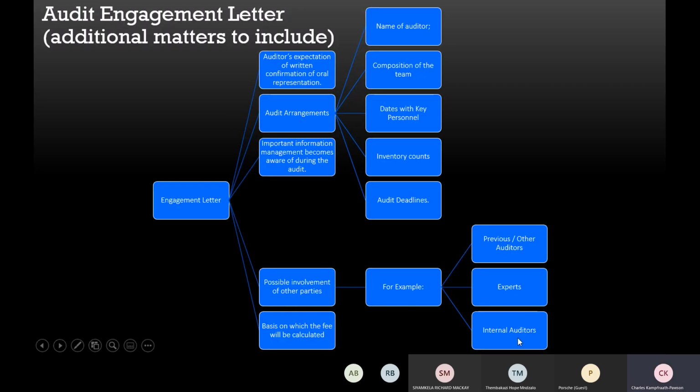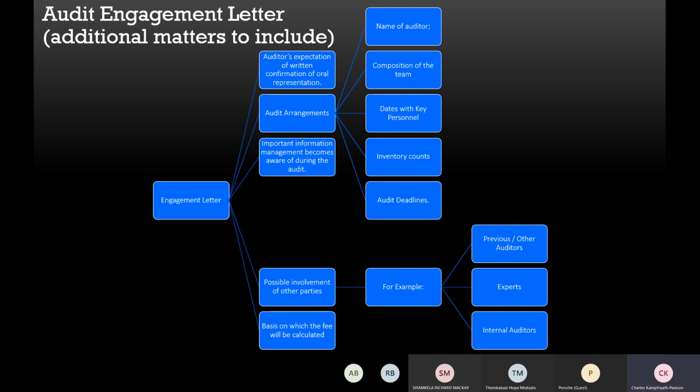Yeah, right at the bottom is internal auditors. And I want you to go read ISA 610. ISA 610 says that the external auditor can decide whether he wants to rely on the work that internal auditors have done. Because remember, an internal auditor is working for the client. In other words, there's already a perceived, not a factual, a perceived influence on the independence.